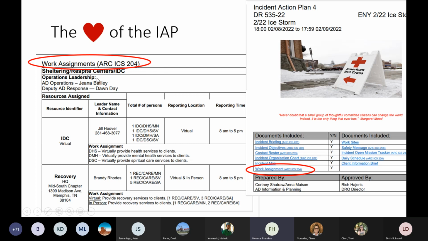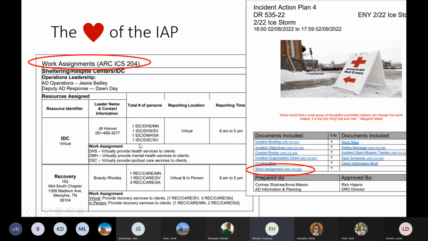So the work assignment should provide you with the who, what, where, when, why of the work you're doing assigned to which location. It is a brief glimpse of the multiple units that are on the ground, so it won't be exhaustive, and it will not outline every single resource that has been assigned, but it gives you an idea of the kind of